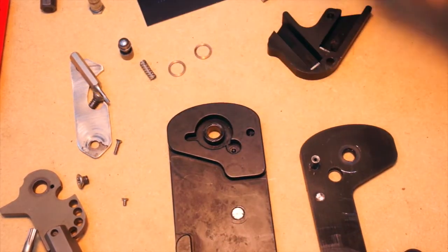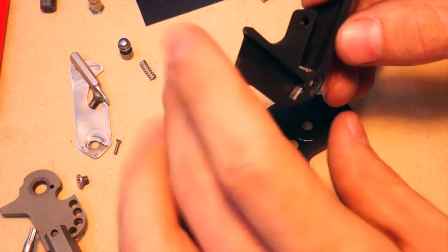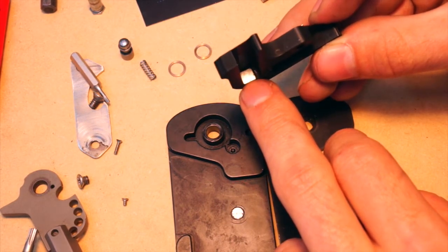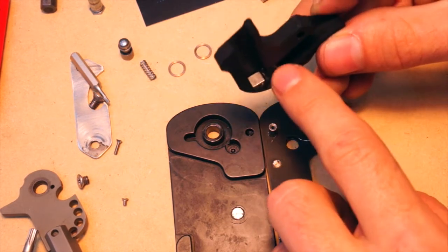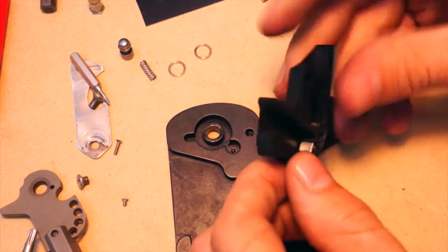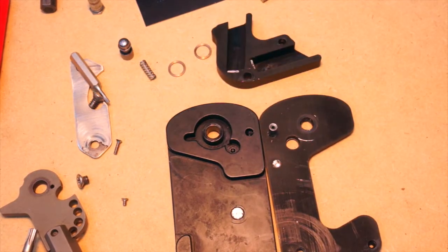All the magnets are pressed in except these guys. These are epoxied in with JB Weld, which is going to provide plenty of holding, and the final versions are likely to be round magnets as opposed to these square ones. I find that the round ones are easy to work with, and they also seem to be stronger than the square ones. These square ones are cheap, but I want to have more holding power, so I will probably end up going with the circle ones, but we shall see when we get to the actual machining part of